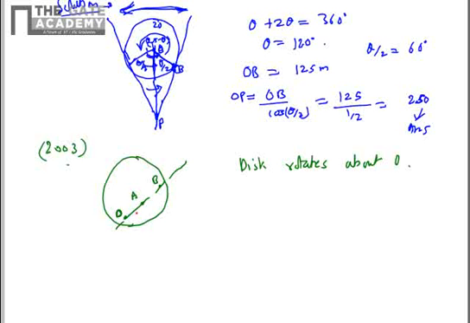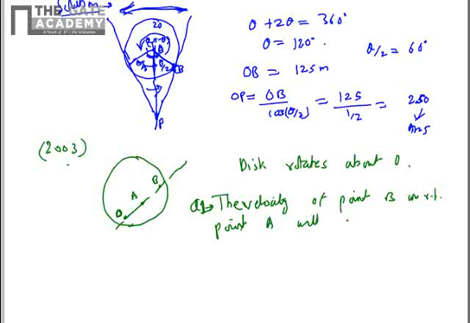It is asked that for a given time instance, the first question is: the velocity of point B with respect to point A will be